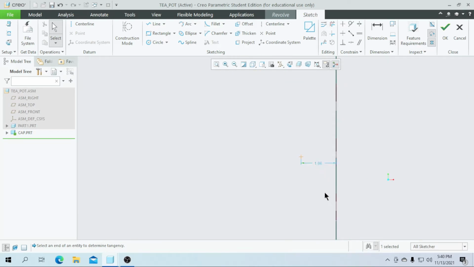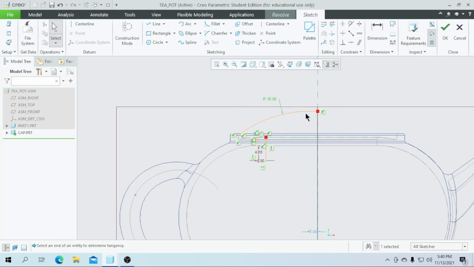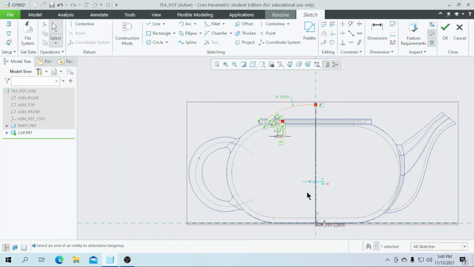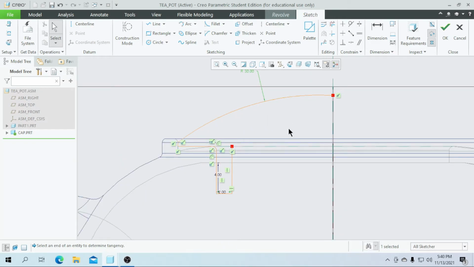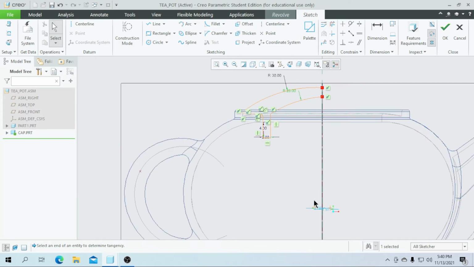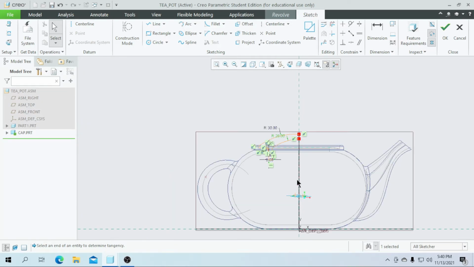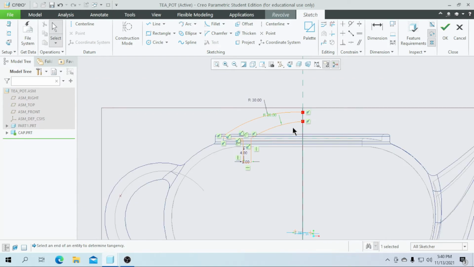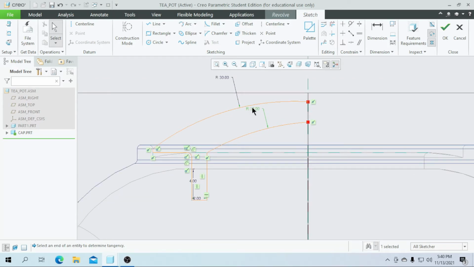And make sure your values are 1.86. You can enter any value, but if you increase this value the radius will increase automatically, so it must be a correct value. So then I am going to complete this sketch. For that I am going to draw another arc from this point to this point. Don't make any equal constraints. I need this radius value as 28, as here 1.97. Then after inserting, or you can enter the same radius value as 30. So then I am going to complete the sketch.